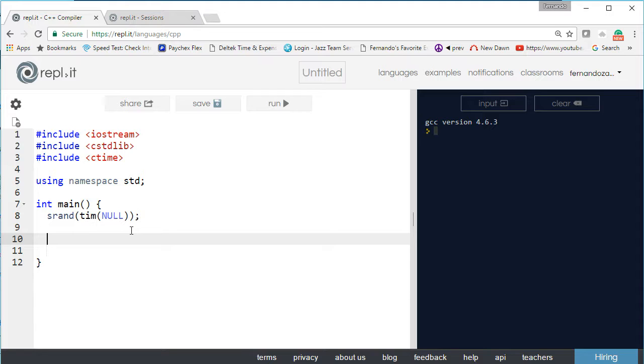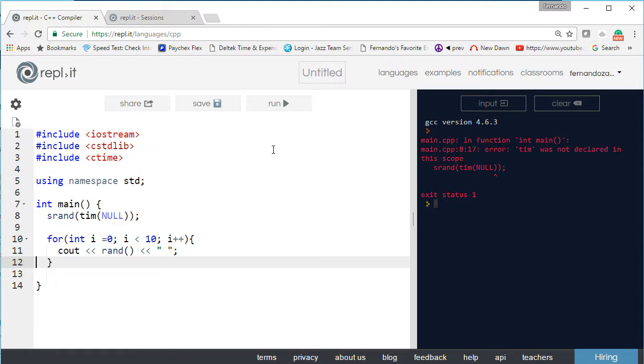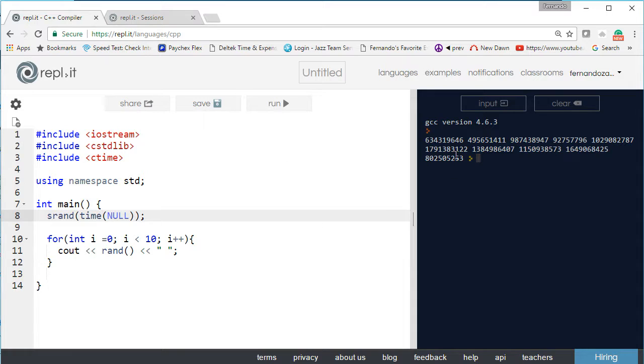And the way you access a random number, you simply say something like this. And this will give us a random number. Now if we run it, we should get a random number 10 times. And I misspelled time, so let's get that right and run it again. And you notice I have some random numbers, but these random numbers are totally meaningless,